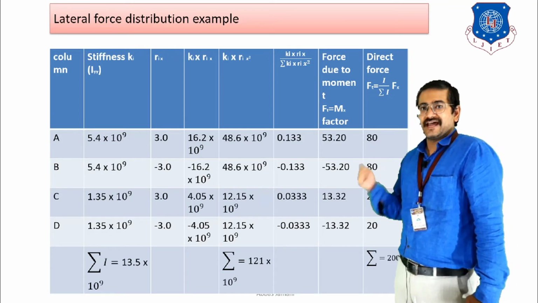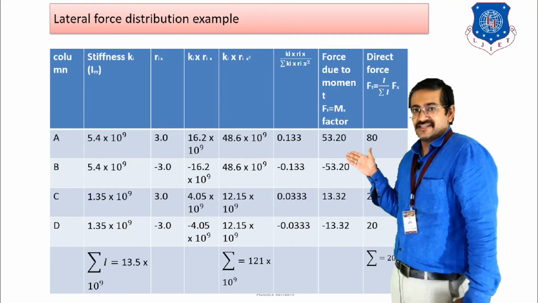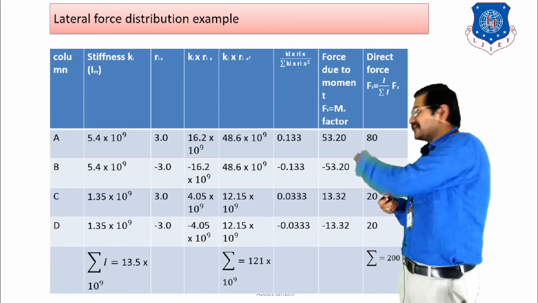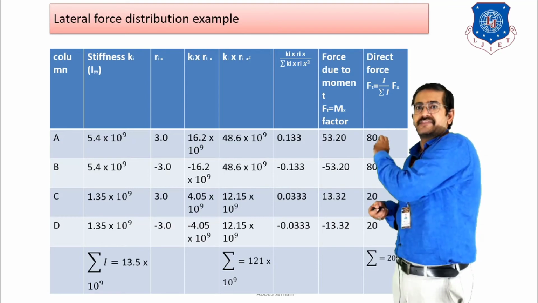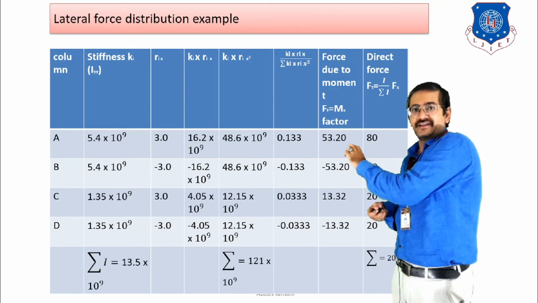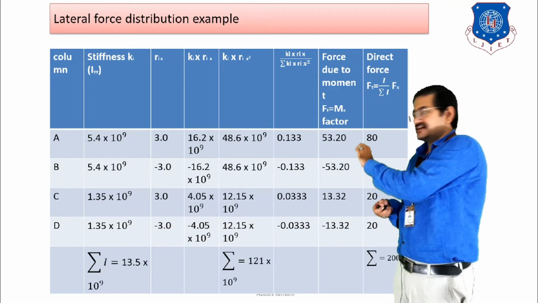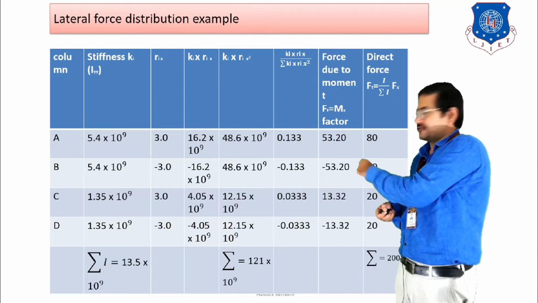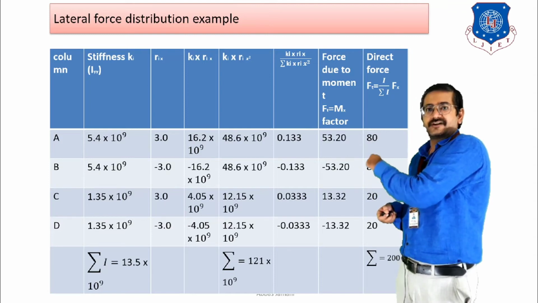How you have to consider IYY? Because your load is being applied in X direction. So the frame perpendicular to it is going to resist, and when the frame perpendicular to it is going to resist, then as a result of that, the direction of moment of inertia, that will be the major component in that, will be the IYY direction. That is, the stiffness that you are going to mention in this second column over here, for all the columns have to be with respect to IYY.